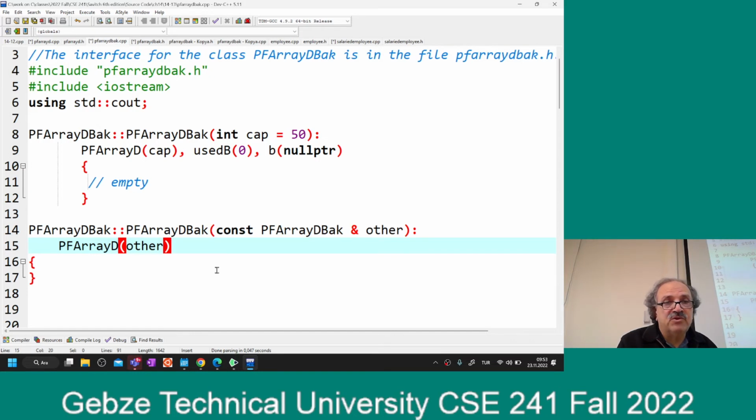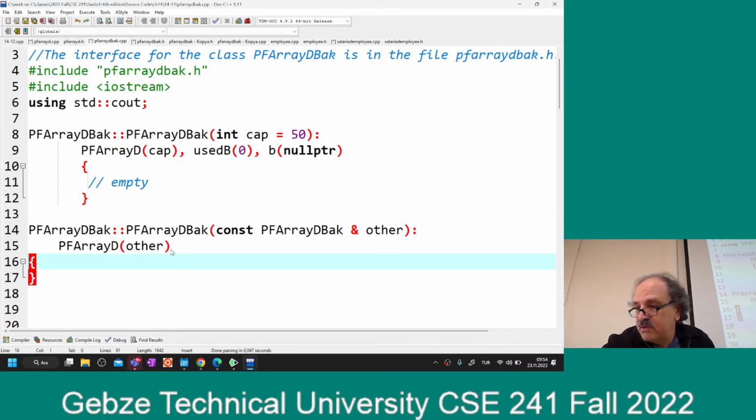Okay, so this part will handle the PFLED part of the PFLED backup object. Now I have two things to do. The other one is, I guess, the other one is,